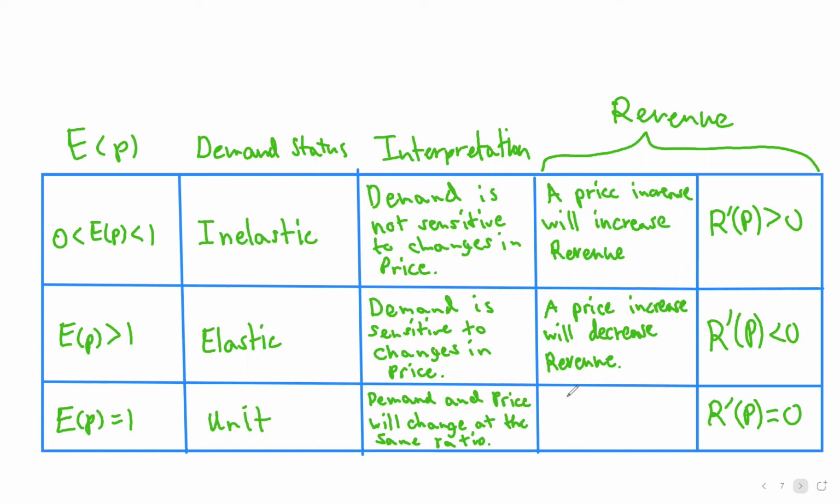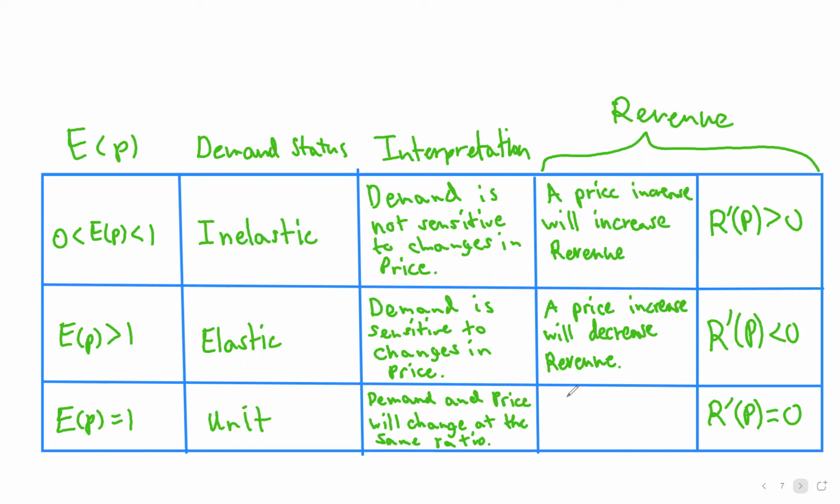For an elastic situation, where E of p is greater than 1, we have the situation where demand is sensitive to changes in price. And so a price increase will reduce revenue. What that means is that if you increase your price while you have elastic demand, then the demand would decrease by a larger proportion than your price increase. And so the rate of change of your revenue would be a negative rate